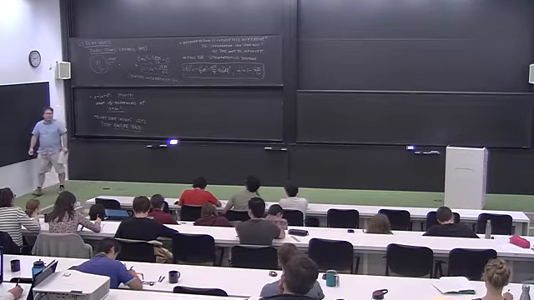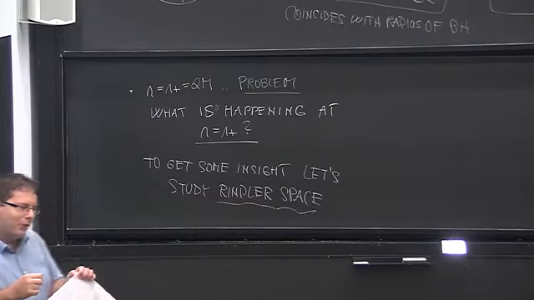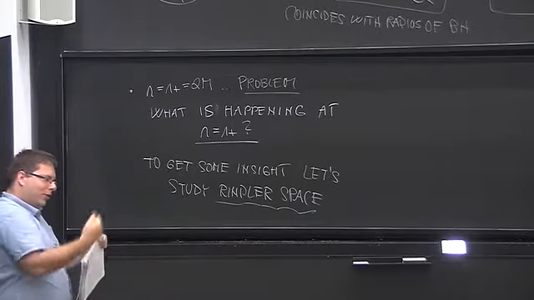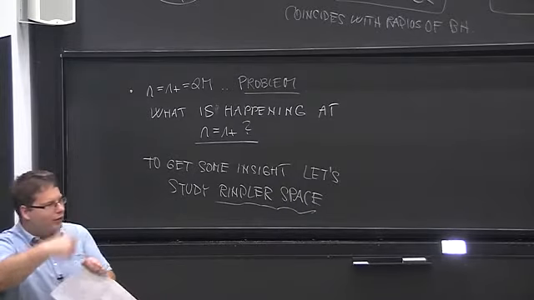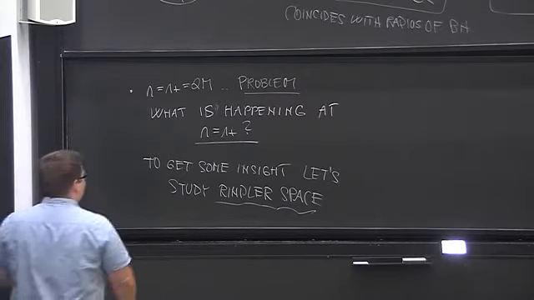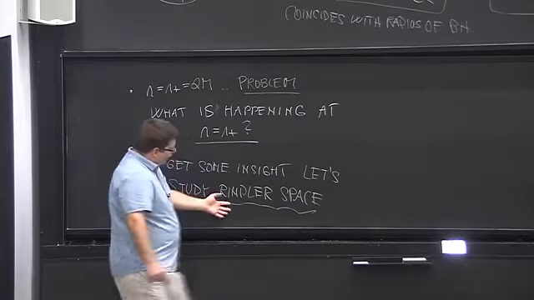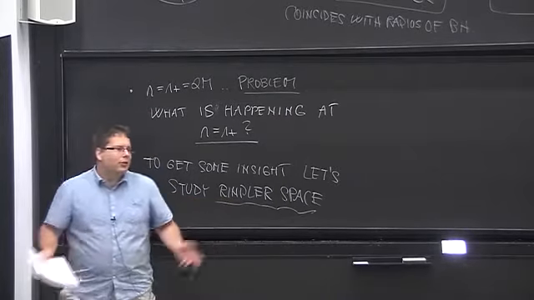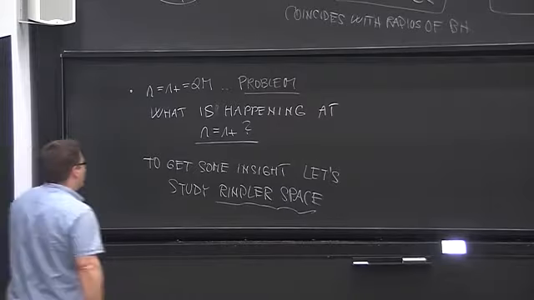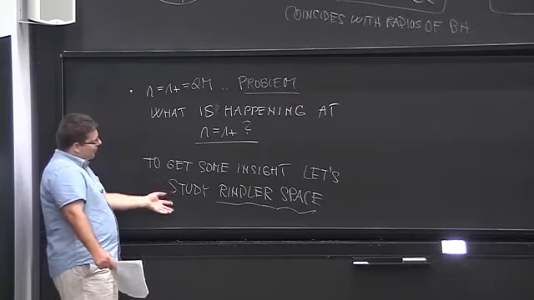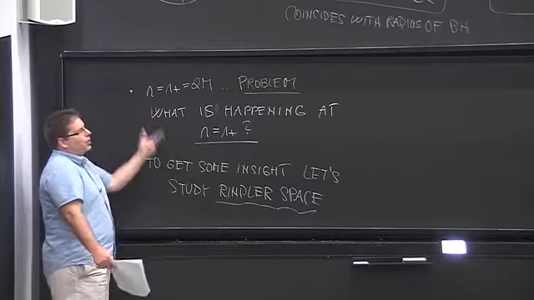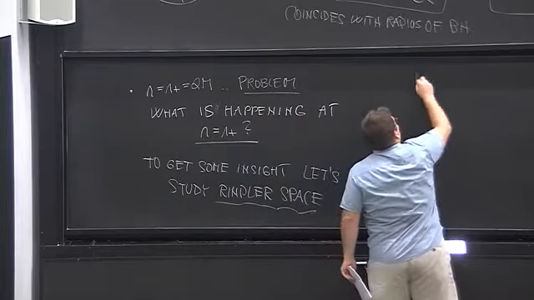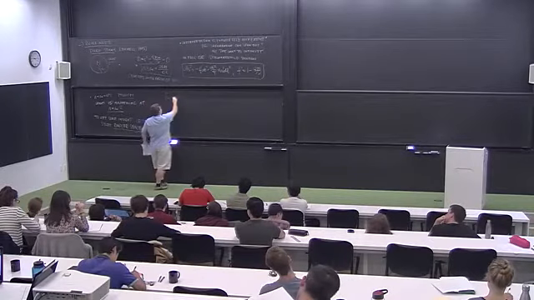Okay, so Rindler space I introduced a long time ago. Simply, if you are an accelerated observer in Minkowski space, and then you transform to the coordinates associated with this observer, so you have some new capital X and capital T coordinates, then the metric actually is no longer flat, and it's interesting, and you study that in your homework as well. All right, so you will see that whatever is happening in this Rindler space will also be happening in the Schwarzschild case. And so I would basically say that this is really black hole demystified.